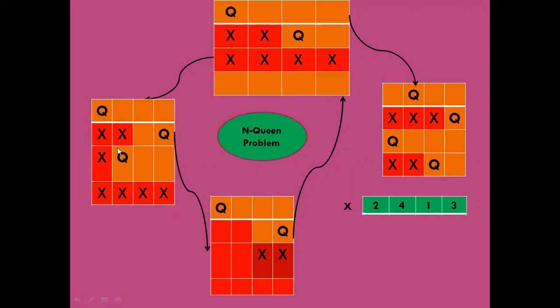So you need to backtrack and change the position for the third queen. When you try to change the position for the third queen, the only two possibilities left are these two. Can you place it here? No, because again it's in the same diagonal. You cannot place it here because it's in the same column, which means again you need to backtrack and change the position for the second queen. But the second queen has already reached the last position, which means that you need to backtrack and go back to the first queen. So the first queen position is changed to the second.